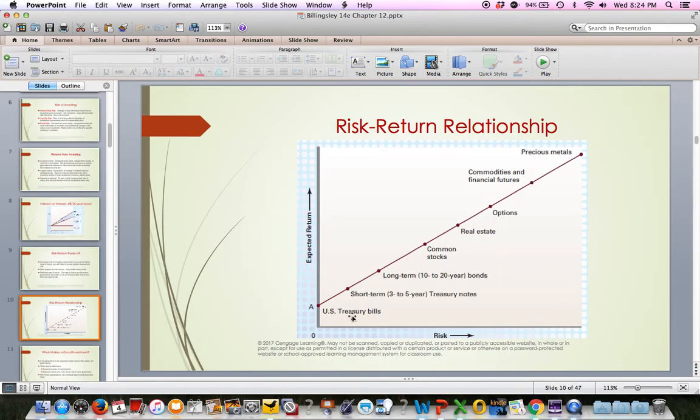So, most people get a mix of investments. They'll have some money in very safe, they'll have some money in riskier, and somewhere in between. So a lot of people try to find a portfolio that balances risk, and you don't have all of your investments in one type of investment.